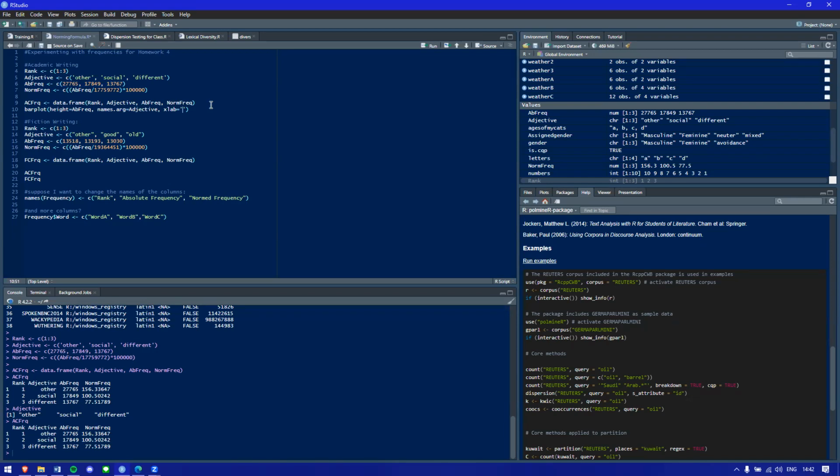Next would be adjectives, Y label, frequencies. Is that it? I think so. And then the name on the top, right? Yeah, good point. And the color. There we go. And then I think main is the name. So: norm frequencies of adjectives in academic writing. For example, if I did this correctly,